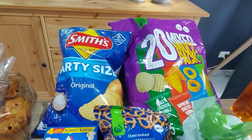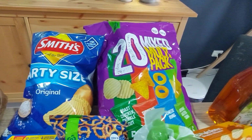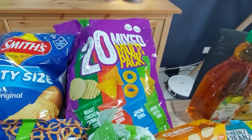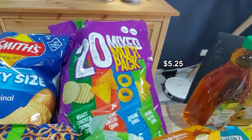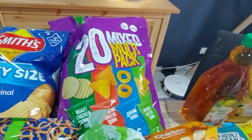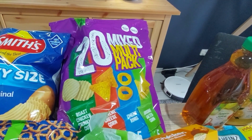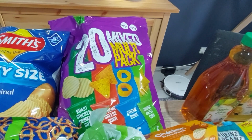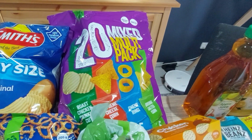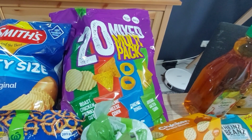I was going to get the Doritos packet also, but I did find the Woolies brand mixed multi-pack. So there's 20 packets in there of roast chicken, cheese corn chips, cheese rings, and plain corn chips. So that's also a 380 gram bag of packaged out chips. That was $5.25. So that was hands down better value for me,